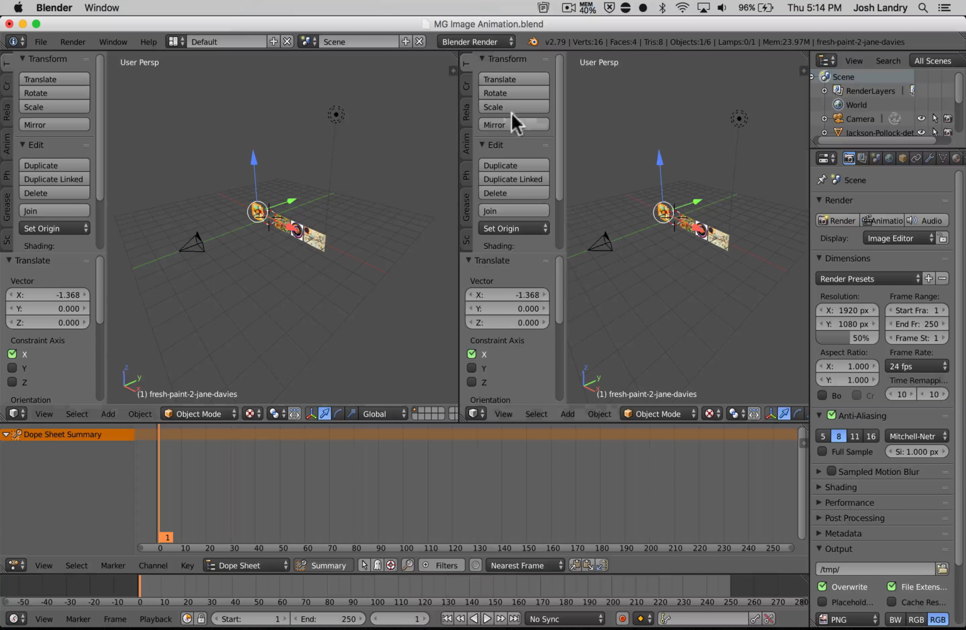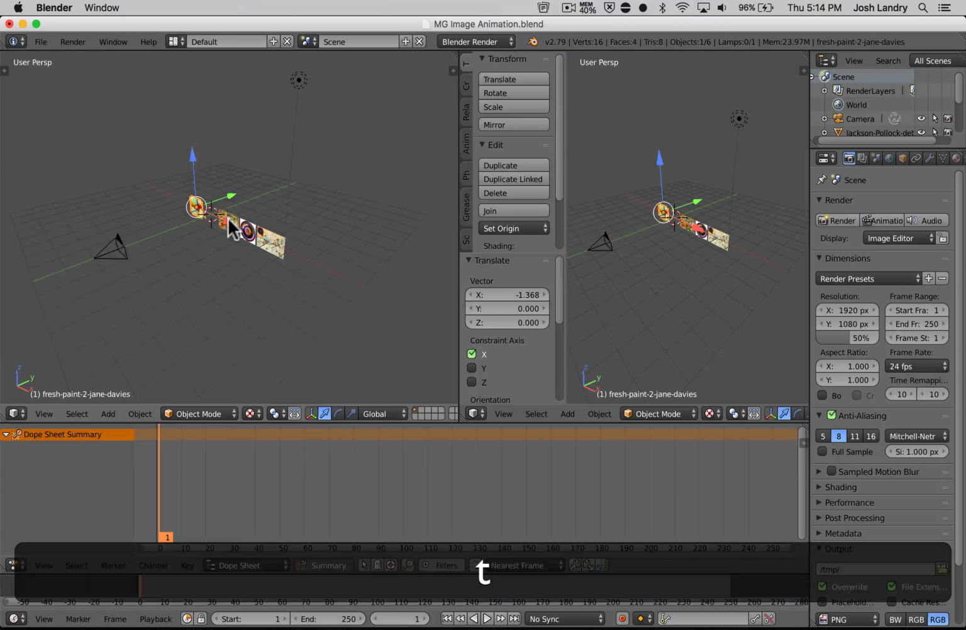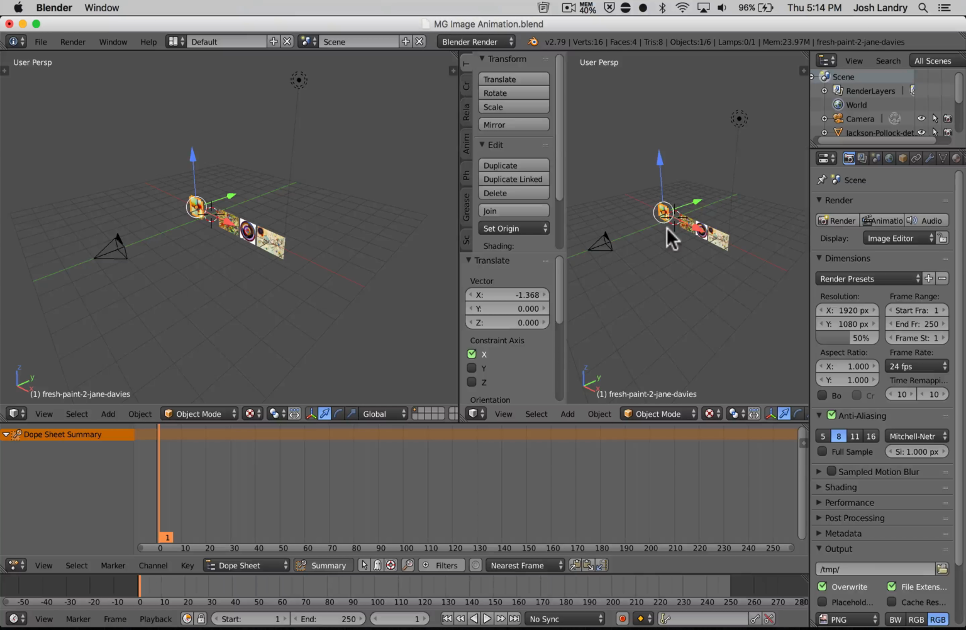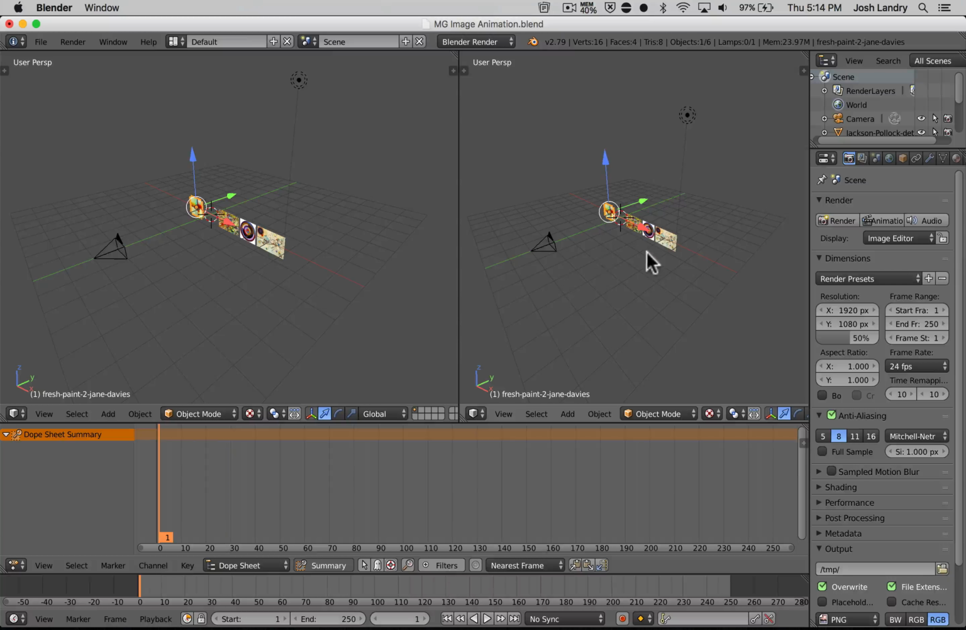I'm going to hide these 2 toolbars here because they're taking up a lot of space. So I'll put my mouse pointer in this window, press T, and it's gone. Mouse pointer in this window, T, and it's gone. Okay, so I want one of these windows to be a 3D window, and then I want one of these